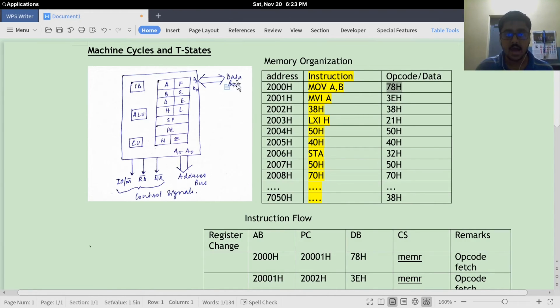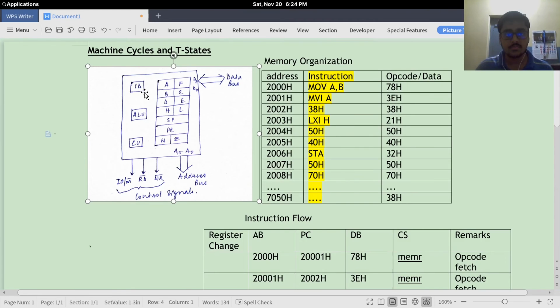After the data is read from the memory, it is sent over the data bus to the microprocessor. So this is the third T state. After the opcode is sent to the microprocessor, the microprocessor sends that opcode to the instruction decoder for decoding what type of instruction it is.